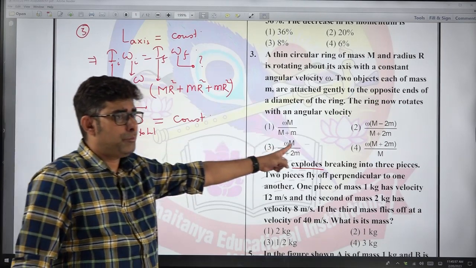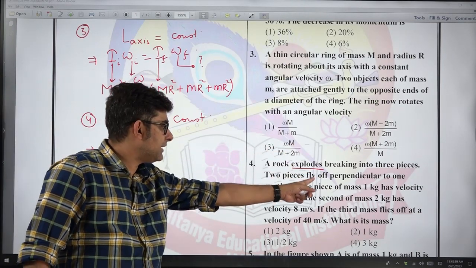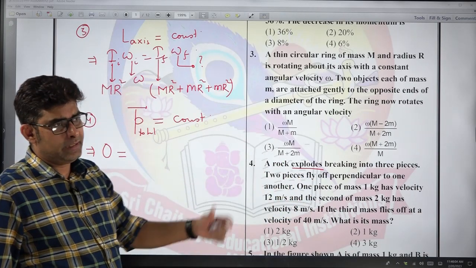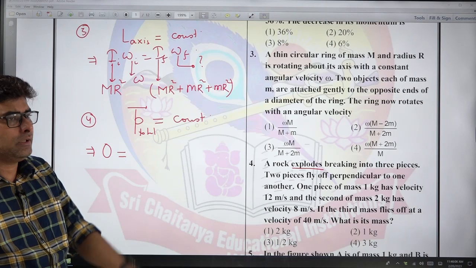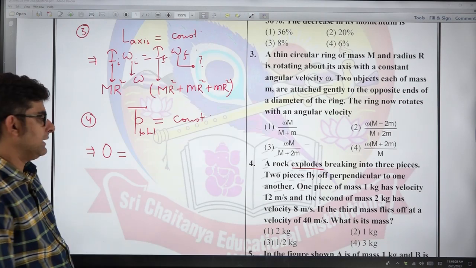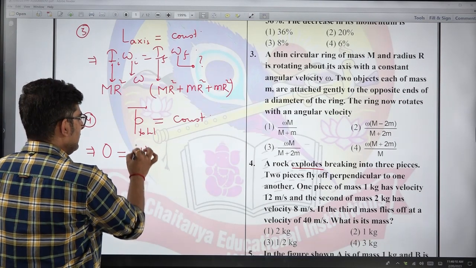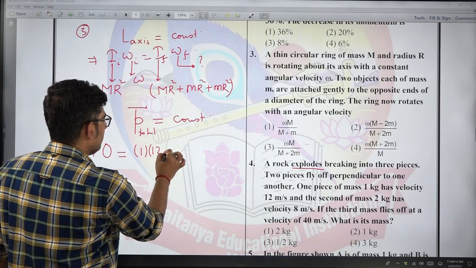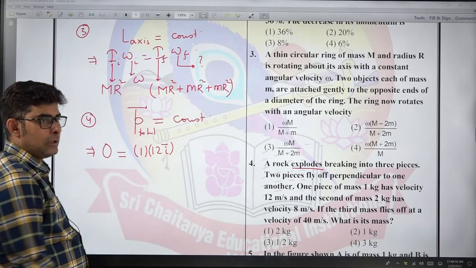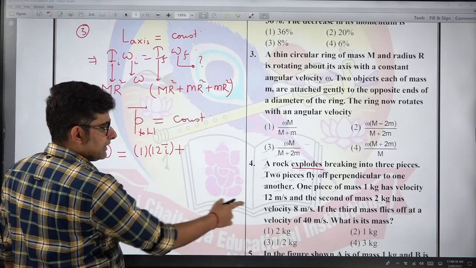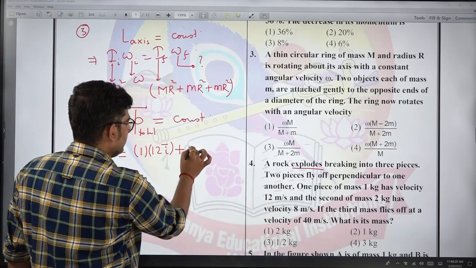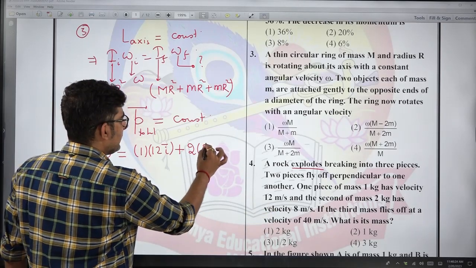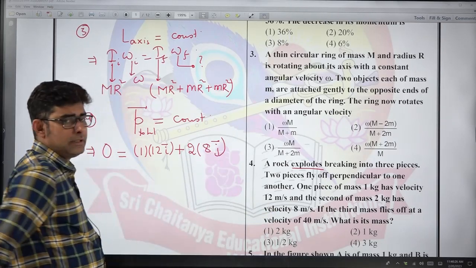Now also it has to become totally 0. It is flying in such a way, two pieces are flying in perpendicular directions. One you can take as x axis, one you can take as y axis. Now see, one piece has mass what kg? 1 kg. So its momentum you can write 1 into what is its velocity given? 12. So I can take it as 12 y cap. Now take the momentum of the second one. What is the mass of the second one? You can see it is 2 kg and its velocity is 8. Since they are moving perpendicular, I can take it as j cap.